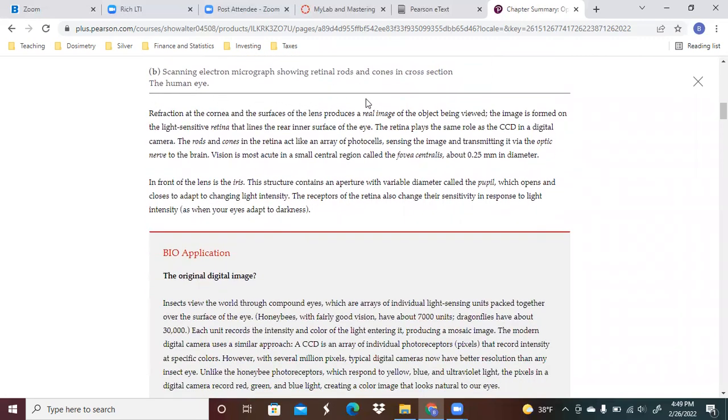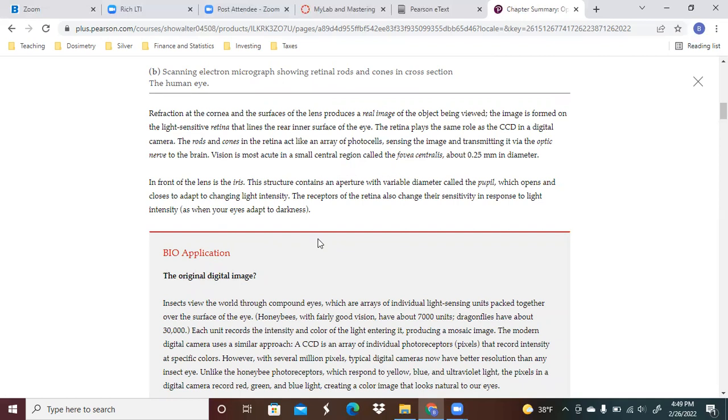Refraction at the cornea and the surfaces of the lens produces a real image of the object being viewed. The image is formed on the light-sensitive retina that lines the rear inner surface of the eye. The retina plays the same role as the charge-coupled device in a camera. The rods and cones in the retina act like an array of photocells, sensing the image and transmitting it via the optic nerve to the brain. Vision is most acute at a small central region called the fovea centralis, about 1/4 of a millimeter in diameter,